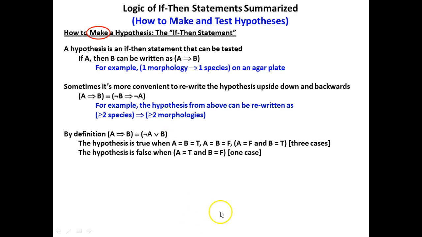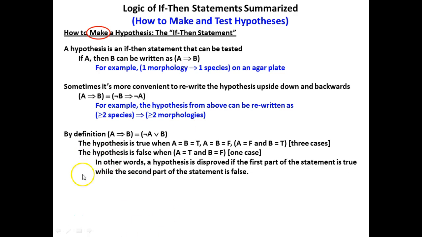Maybe. Pretending. Okay? So the hypothesis is false, too, when one is true and the other is false. Right? So this one could have been true. One morphology, one species. Right? But if two morphologies equals two species equals two morphologies, then we can't accept it, right? Because one is true and the other one is false. They got to match up. Make sense? Okay? So, in other words, a hypothesis is disproved if the first part of the statement is true